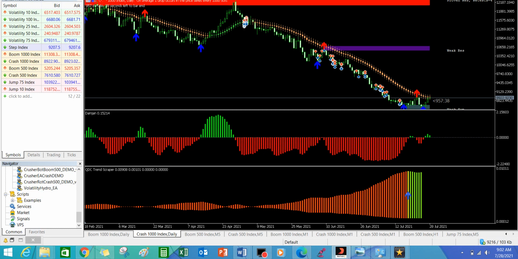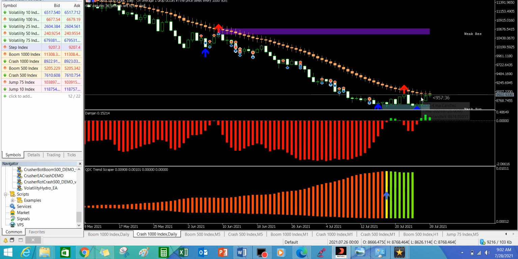Let me zoom it out a bit. You can see that this is daily time frame. Yesterday was a bullish candle. The day before yesterday was also a bullish candle. Three days ago was also a bullish candle starting from this support level. Today also it has started its bullish candle again. So we are most likely to have more bullish candles than downtrend candles,